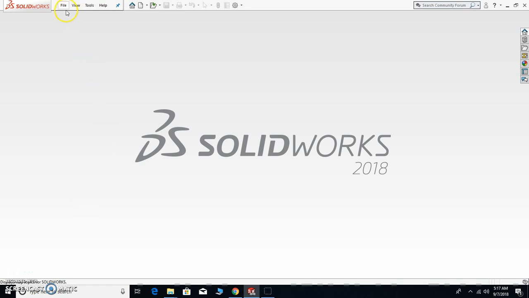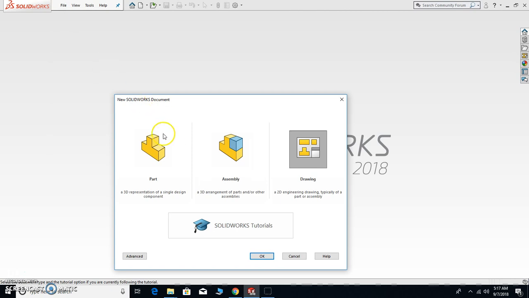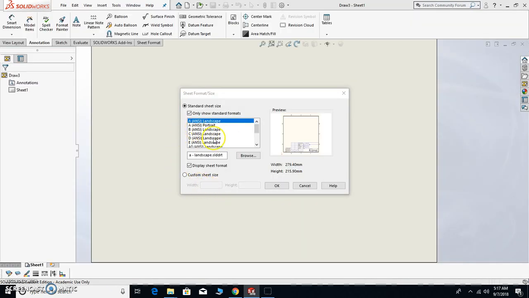Okay, today you guys are going to save your own specific title block and sheet. So I just want you to open SolidWorks. Don't open up your prior part or the shoulder bolt or anything. So just open it up and go File, New, and then you're going to start with a drawing. So hit OK. The first one we're going to use is the template SolidWorks has